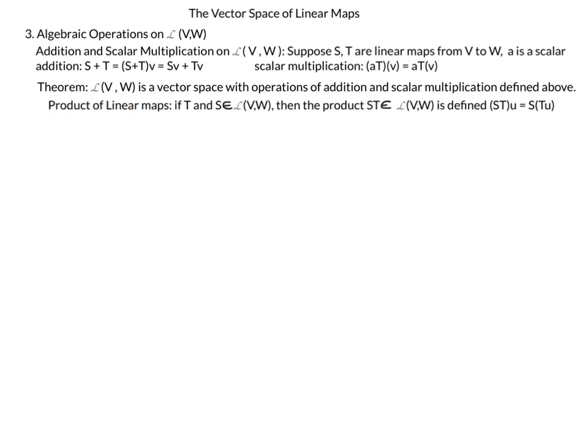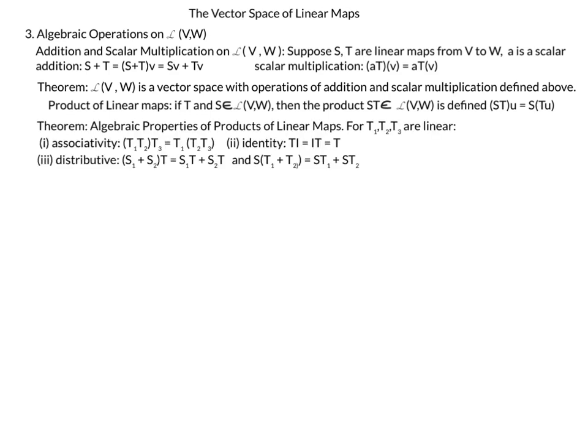Next, we define the product of linear maps. So if we have T and S, and they're both linear maps from V to W, then the product, S times T, this actually looks more like composition, is the linear map defined by S of T of U. So it's more like composition than multiplication. We'll do an example of that in a minute, but let me also give you one last theorem: algebraic properties of products of linear maps. If T1, T2, and T3 are all linear maps, then their product, as we just defined, obeys associativity laws as well as distributive laws here. Oh, and also there's an identity